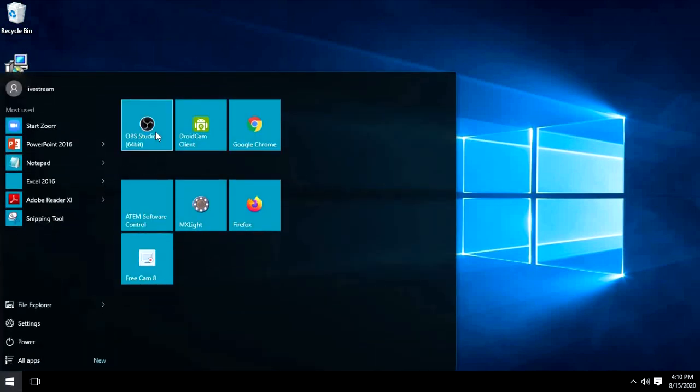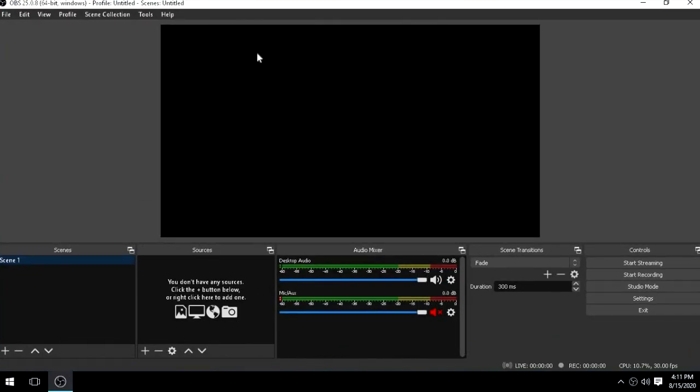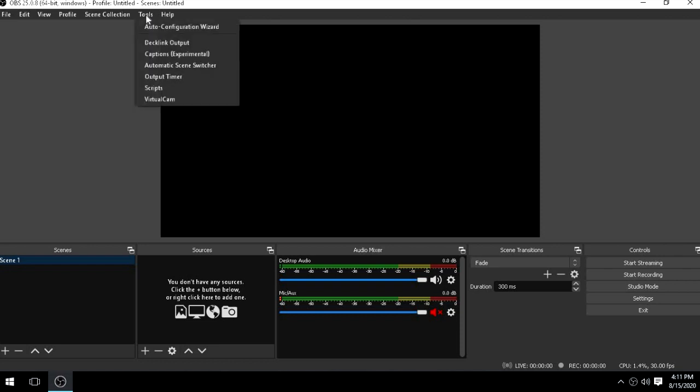So OBS Studio. Okay. So sa ating main screen, we have here yung scene. Okay, ito yung important part. Sources, then our audio, and then we have the sync transition and yung ating mismo mga controls pa dito. And then yung kanina, yung virtual cam, dito natin makikita siya under the tools. So if you haven't installed the virtual cam yet, wala kang makikita ang virtual cam na option dito. But once successful yung installation, lalabas yung virtual cam, and then